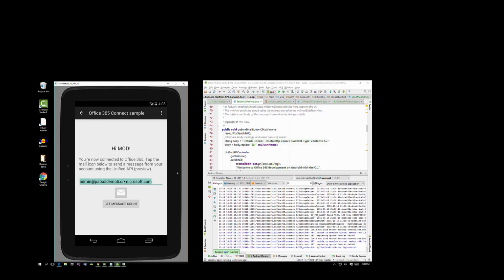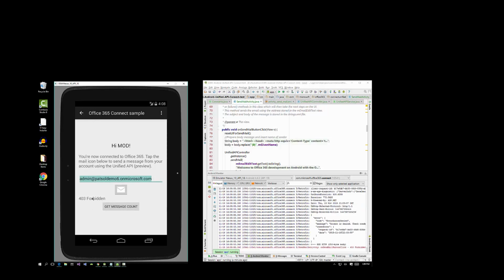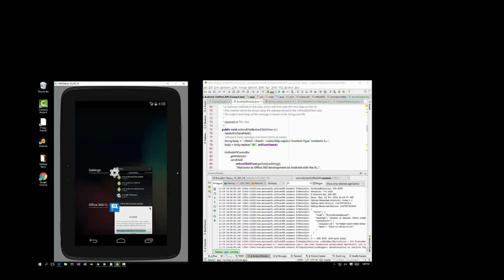Okay, now that I've signed in, I can try to get a message count. And it gives me a 403 forbidden error. That's because I haven't added the new scope yet, so I need to go to the Azure Management Portal to